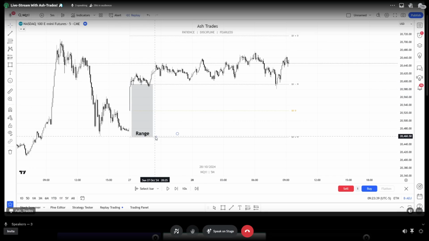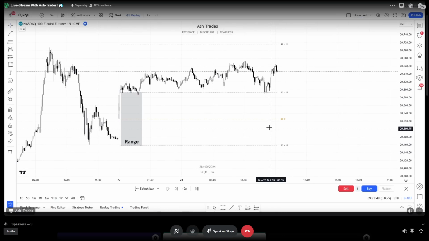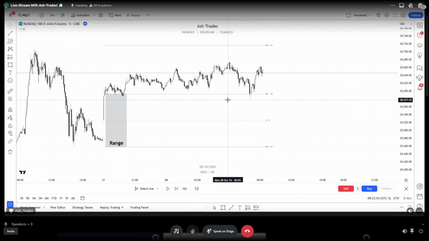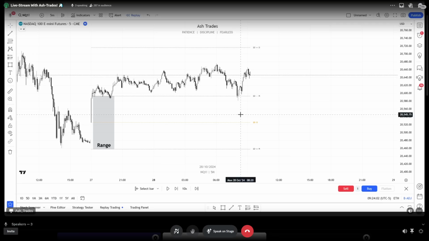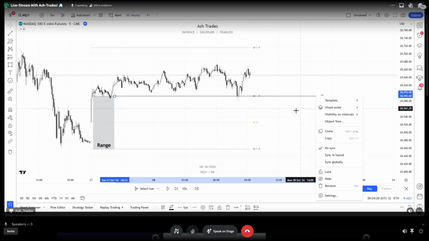From manipulation level to manipulation level is always going to be our defined range. Right, so the stat map, once again, provides those levels. Now, once price visits one of these levels, we're identifying it as a deviation of the range, right? Manipulation of the range. Now, all we need to do is wait for price to enter back into the range to think that this was in fact manipulation. And once it does, that's when we target the other side of the range. Okay, so